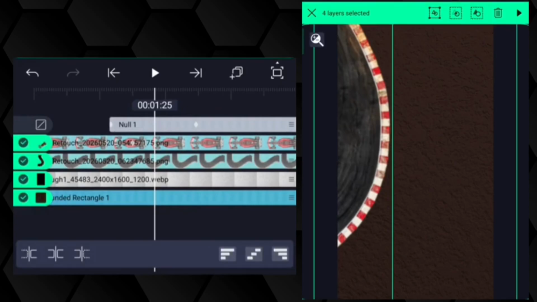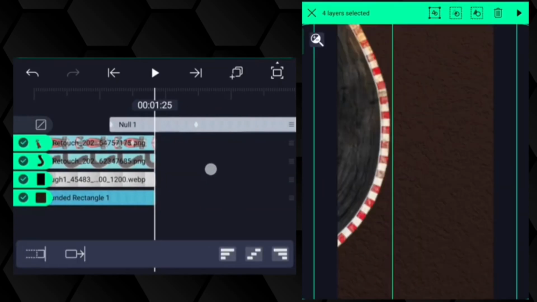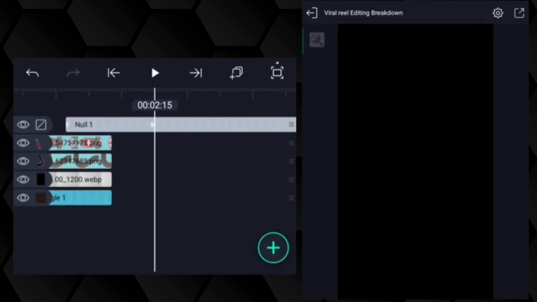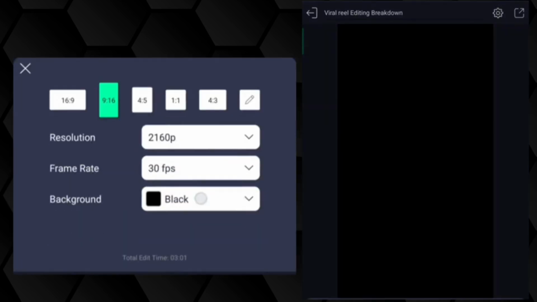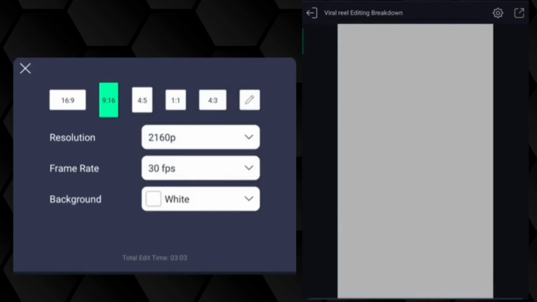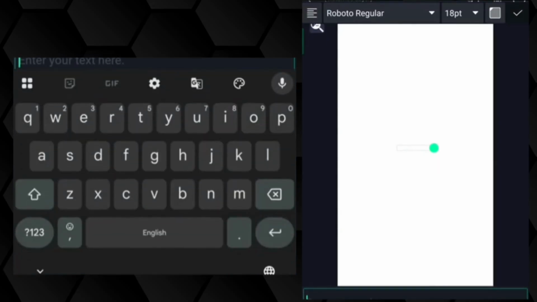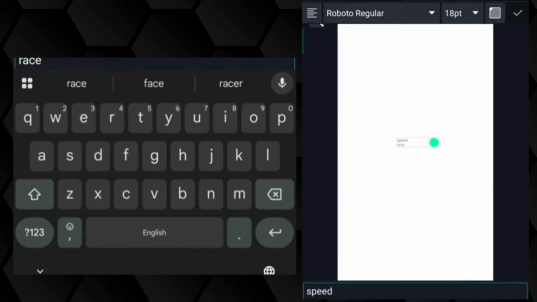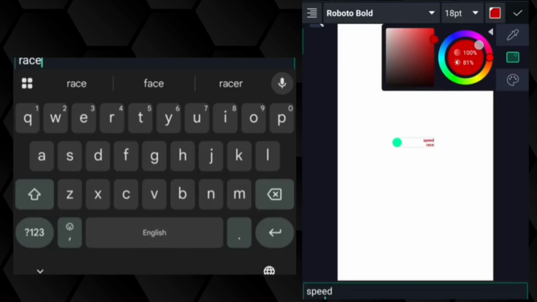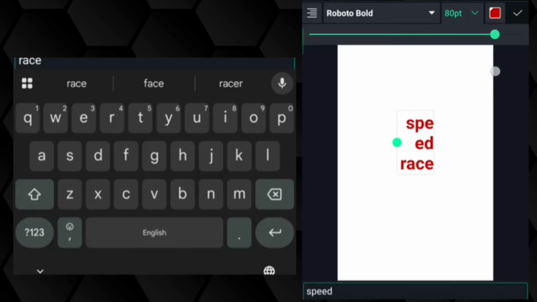Cut every layer. Now from here, change the background color to white, and now add a text called speed race. Make the alignment to the right, change the font, change the color, increase the point size,